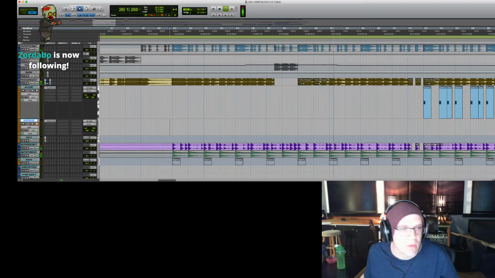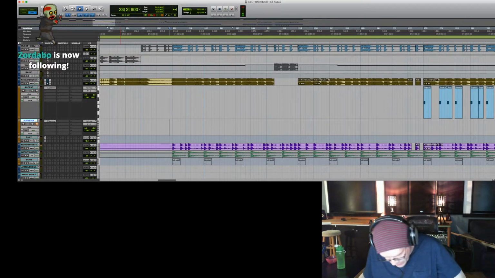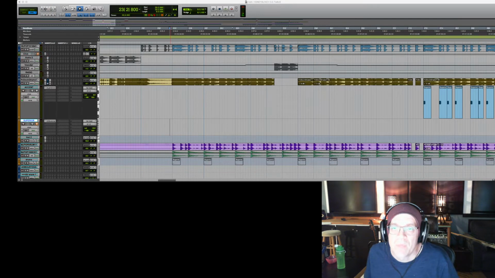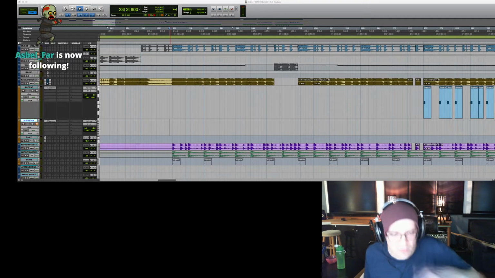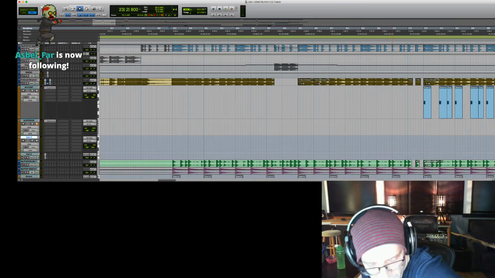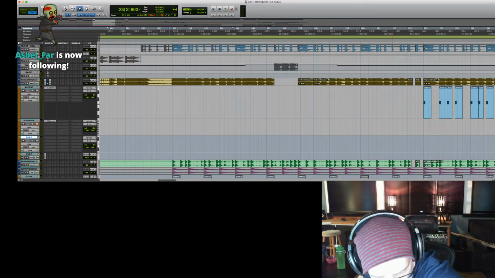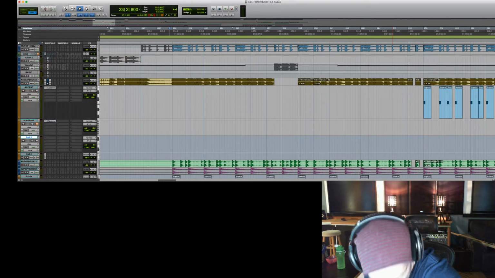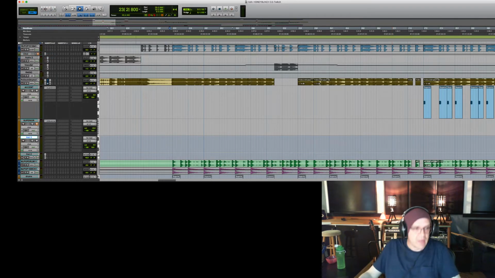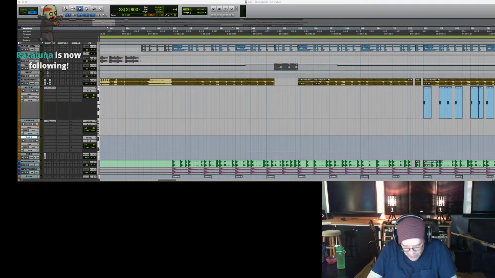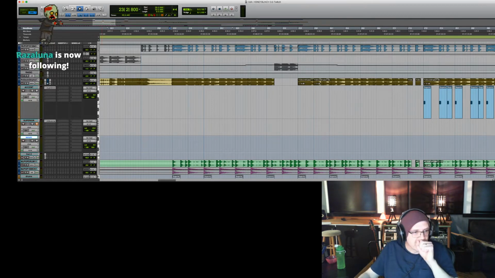Wait. So here. So what I want to do to make this bigger is I'd like to put a big synth that plays in the first half of this. It's got a real big stereo spread. So let me just turn this on here. So this will be a Serum track. Serum is a good synth. I like that one. It's really good for big, ugly, sort of bass sounds. And a lot of times for demos, I just use presets, right?